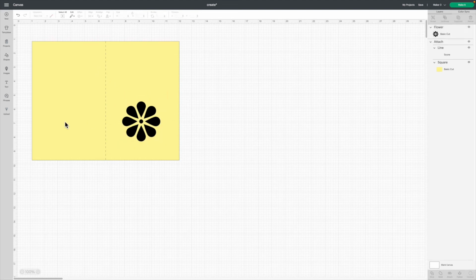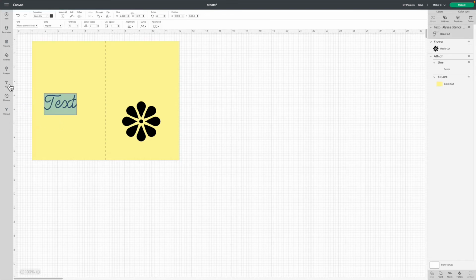To add text, we pick the text option on the left column. Then we type our message. If we want to change how things look to find a different font, we can click Font at the top, right here.